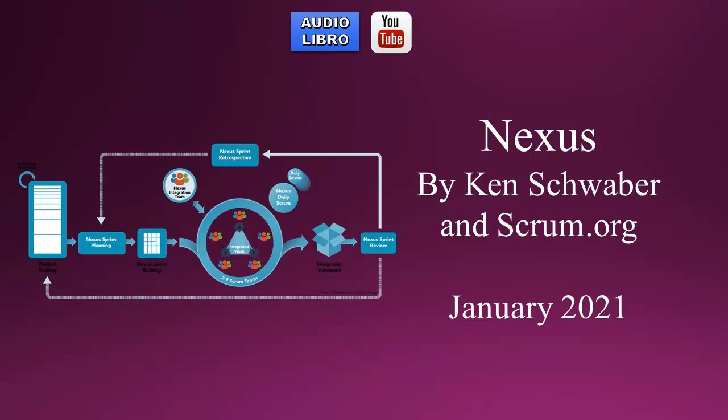Commitment, Nexus Sprint Goal. The commitment for the Nexus Sprint Backlog is the Nexus Sprint Goal. The Nexus Sprint Goal is a single objective for the Nexus. It is the sum of all the work and sprint goals of the Scrum teams within the Nexus. It creates coherence and focus for the Nexus for the sprint by encouraging the Scrum teams to work together rather than on separate initiatives. The Nexus Sprint Goal is created at the Nexus Sprint Planning event and added to the